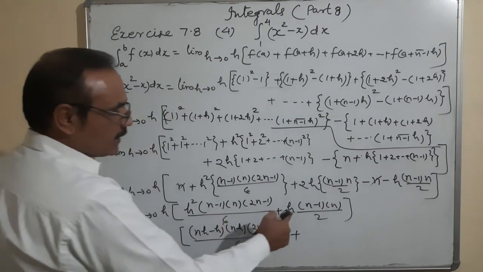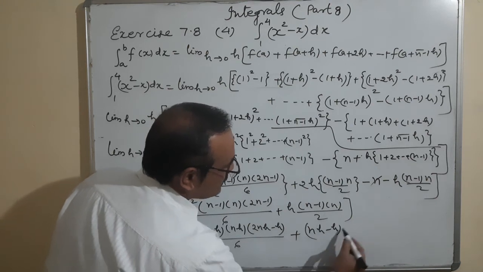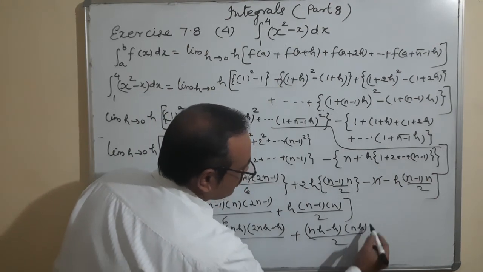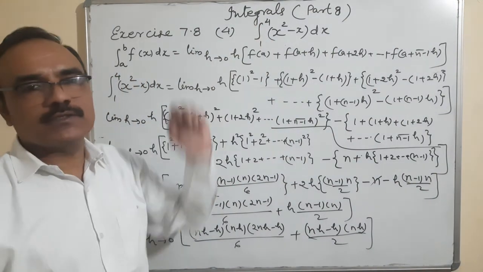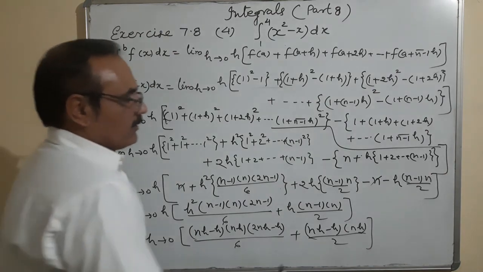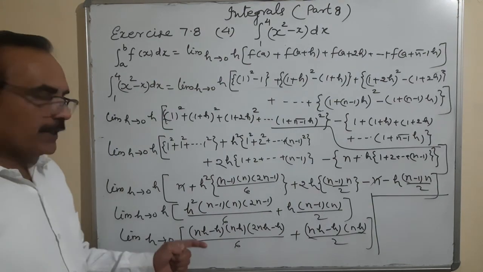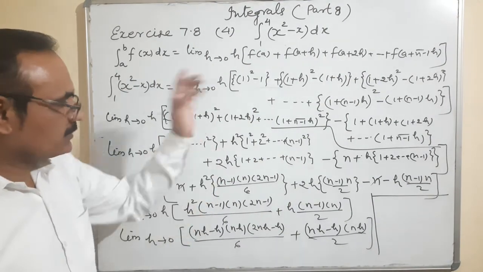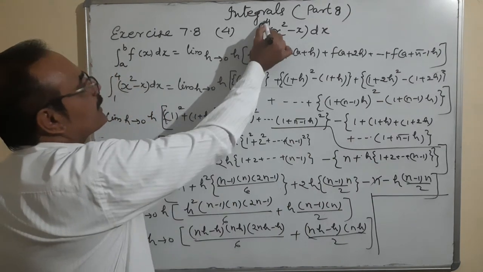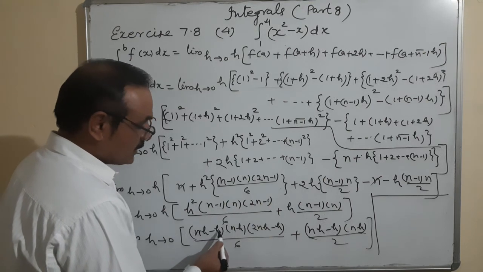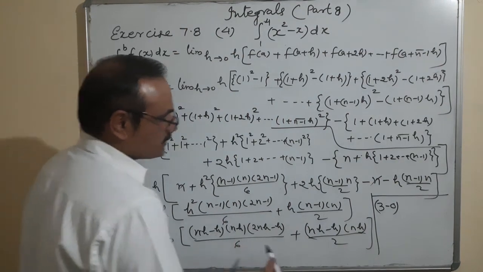Plus 1h is here, 1 is here. There are 2h, 2 factors: (nh minus h) into nh upon 2. Okay, and now what should be done? Where there's an nh, we'll have to put 4 minus 1, 3, and where there's a single h, 0. So nh is 4 minus 1, which is 3. So in place of that, I write here 3 minus 0, nh, 3.